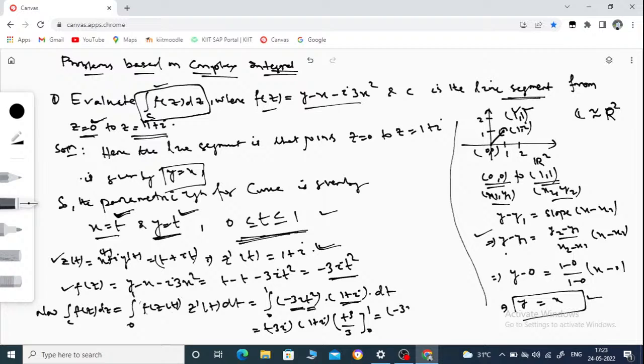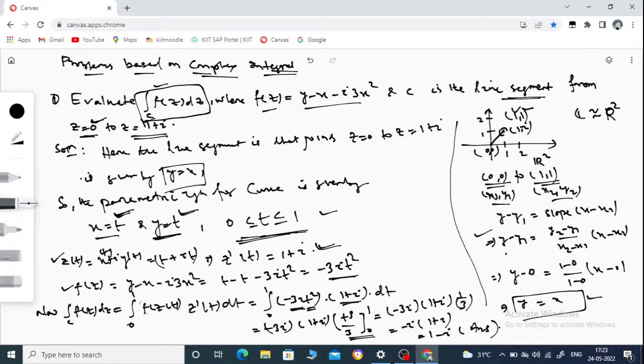So this will be minus 3i whole into 1 plus i whole into 1 by 3 minus 0 after putting the limit. So this will be 1 by 3. So 3 can cancel out. So only what will be left, minus i whole into 1 plus i. Okay, so what is minus i whole into 1 plus i? So minus i into 1 minus i, and minus i into i is minus i square, which is 1. So this will be 1 minus i. Okay,